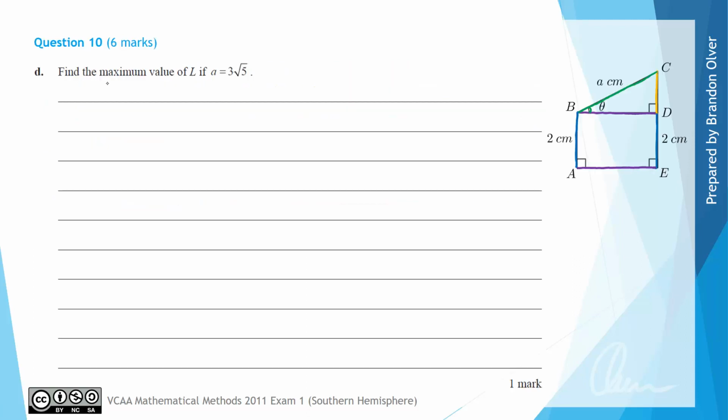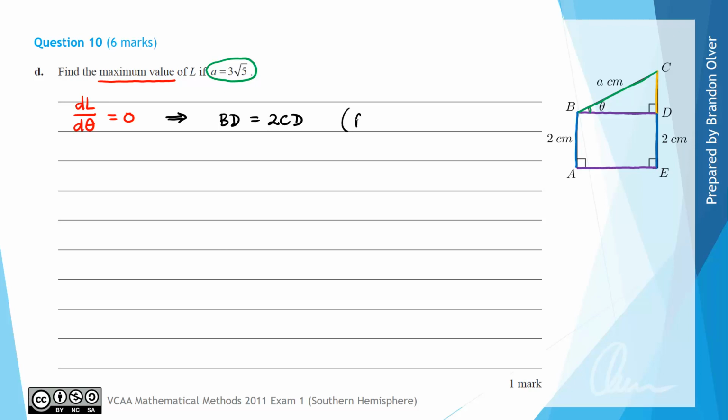For part D, we're asked to find the maximum value of L if A is equal to 3 root 5. So if we need to calculate a maximum, we usually talk about the derivative being equal to 0. However, from a previous part of the question, the derivative equaled 0 when BD is equal to 2CD. So that was given to us